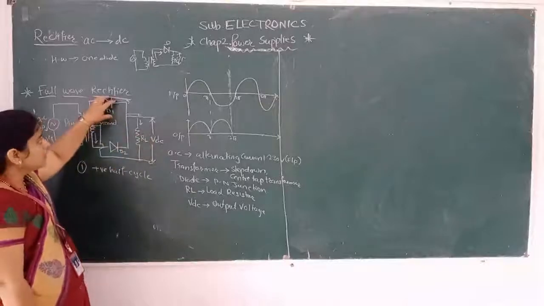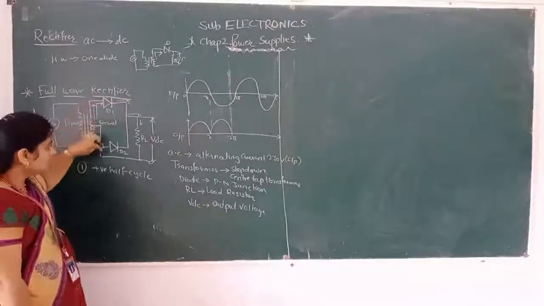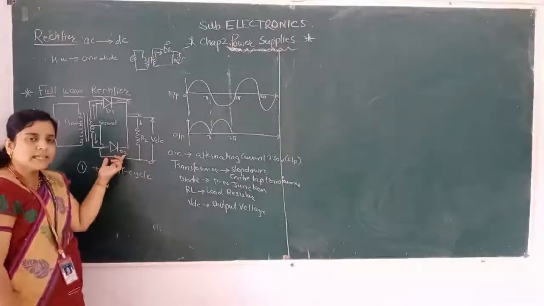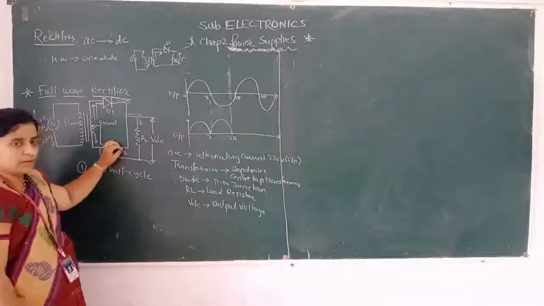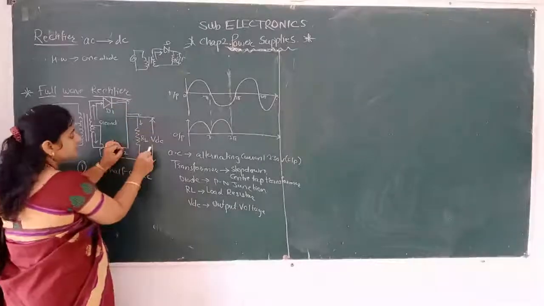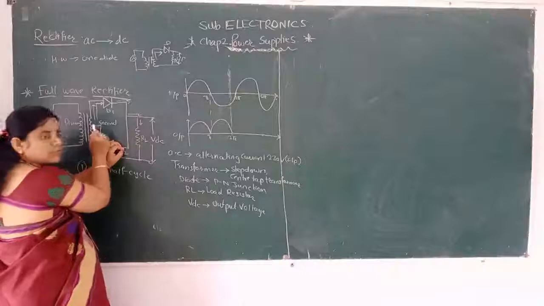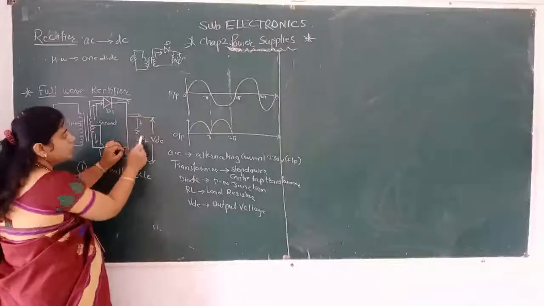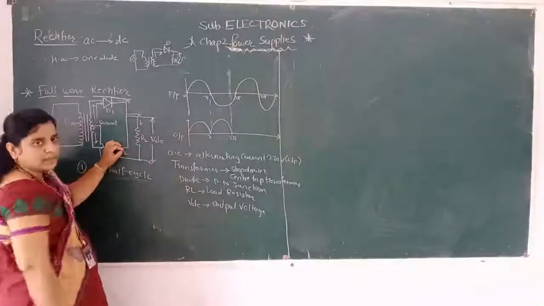This will be in the forward direction, or one direction. At that time, when the diode D1 is in forward bias, this other diode D2 will be in reverse bias. A PN junction diode does not work in reverse bias, so this diode will not work. Current will only flow like this. So we get the output from the secondary to diode D1 and from diode D1 to load resistance RL. So this is the positive half cycle.